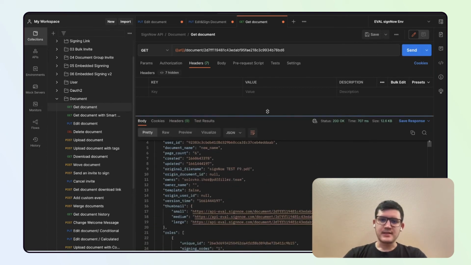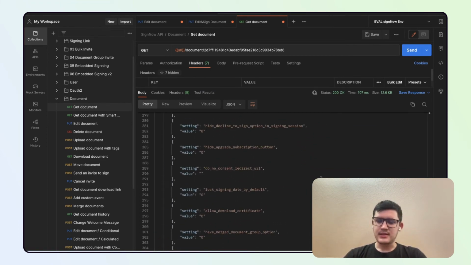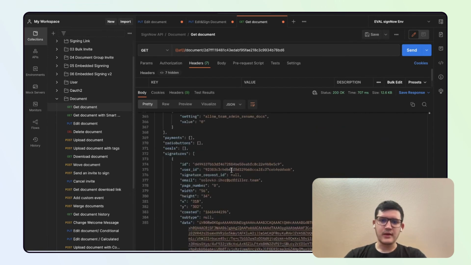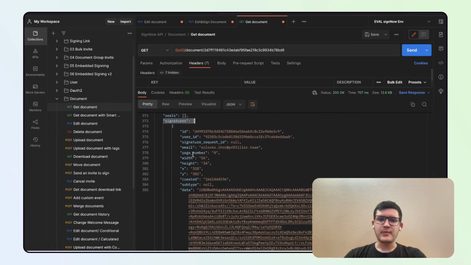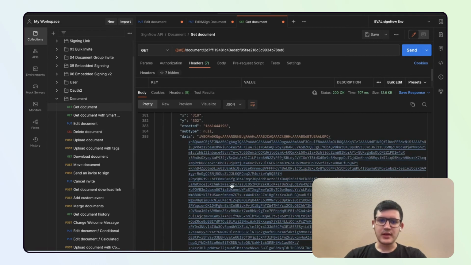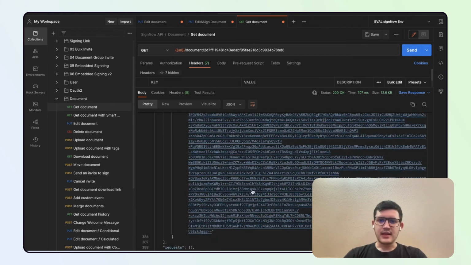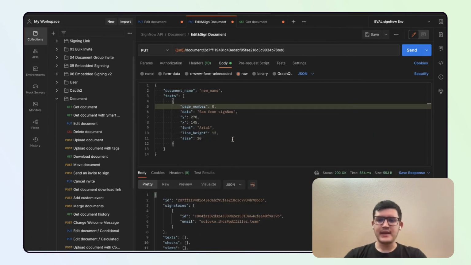In here, we can see there is a lot of information, but what we need is the signatures array of information, as you can see here. We can see all of the data such as x, y parameters, width, height, etc. But the most important thing we need here is data. You can see this data here. It is basically our signature. So we would need to take this data and use our edit and sign call to paste this data onto